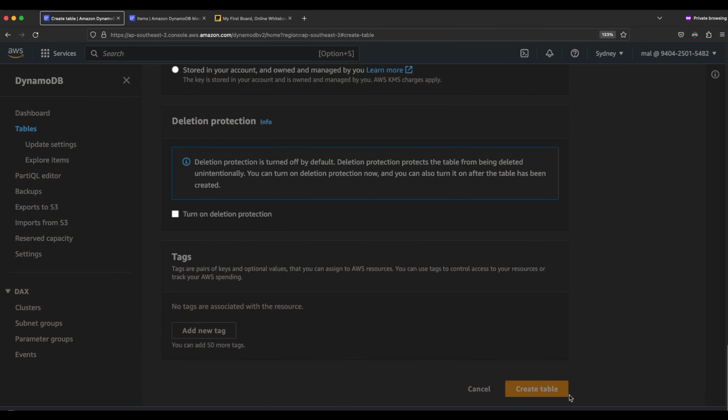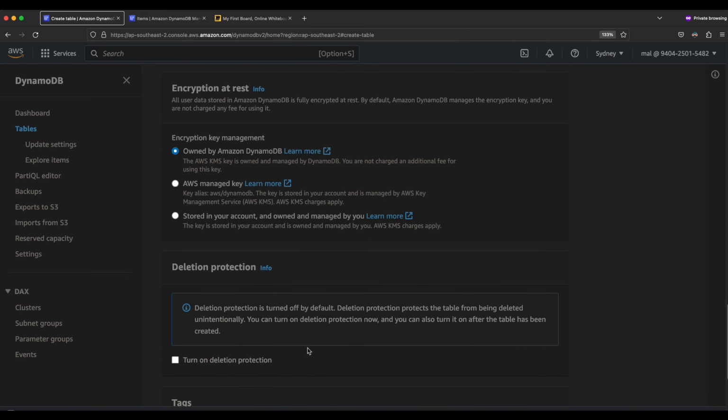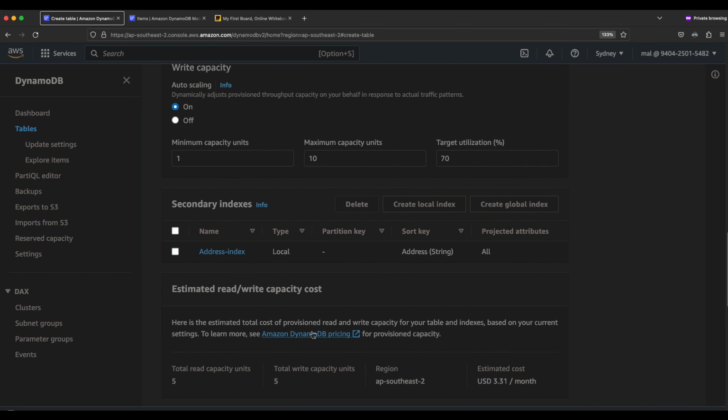Then I'm gonna create a table. One known parameter is invalid, so keys may not have a range key. Okay, which is required when you specify a local secondary index. So basically what you need to do, if you go again,